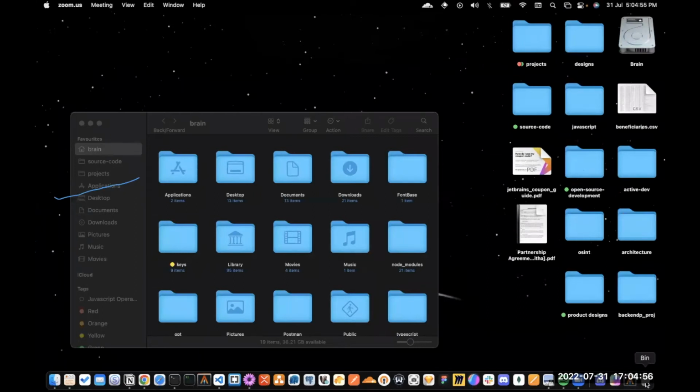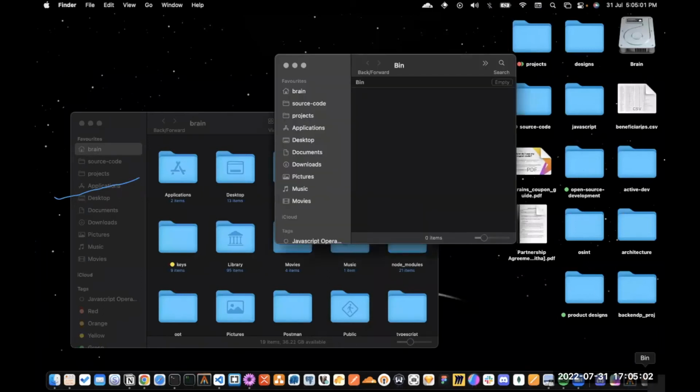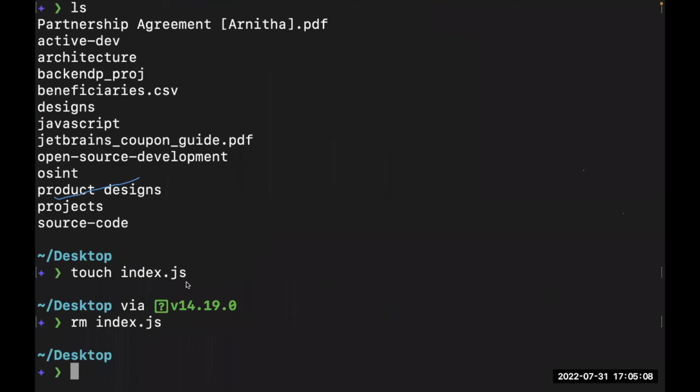I'm using the term recycle bin because most of us are probably using a Windows machine. And let me also zoom in in case you can't see that well. So looking at it, you see it's still empty, right? So let's go back. All right. Coming back here, fine. So now we are back on the desktop, and we have been able to create a file. We've been able to remove that file, copy that file as well.